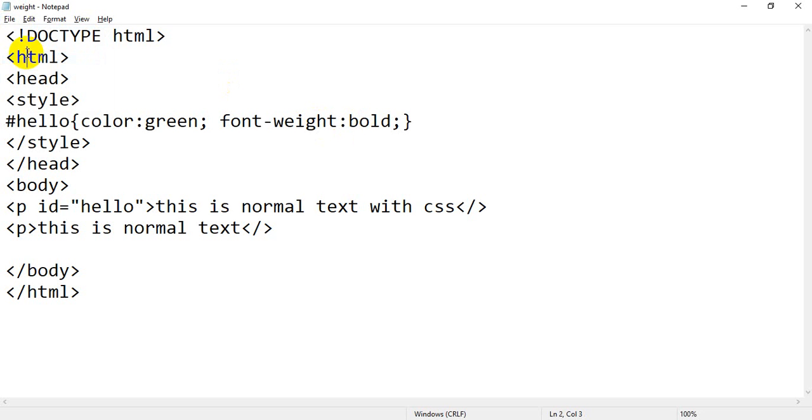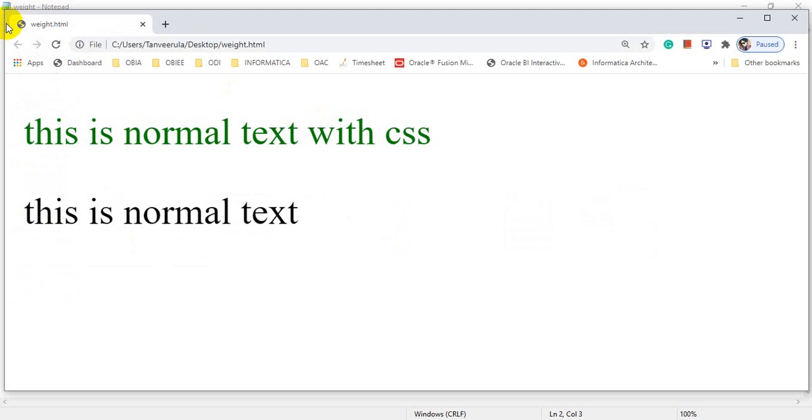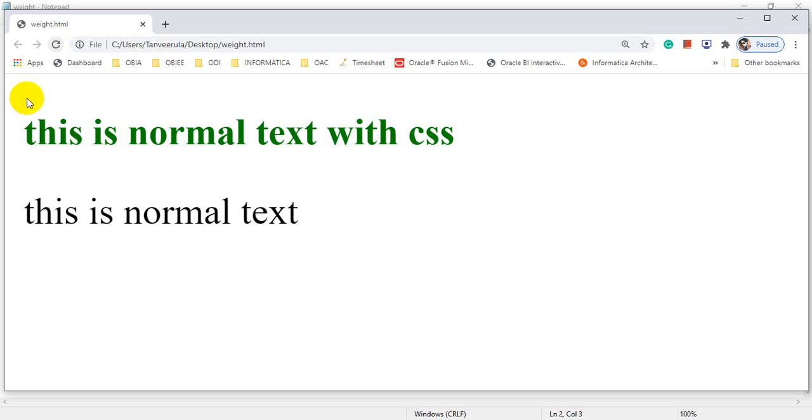Click on file, I will press Ctrl S, flip back to my browser. Now currently it's normal, but inside that I have written bold, so this will change to bold. Are you getting my point? This is normal text. Here I am using bold as a word property, meaning I have written bold instead of giving a number.